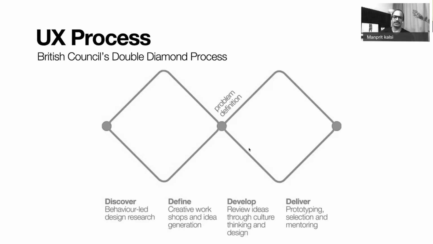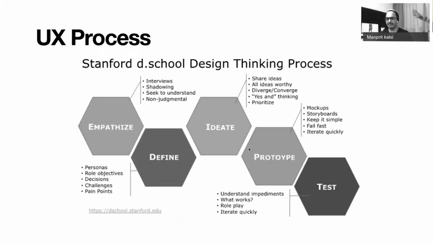So there are other processes also. That's basically the design thinking process. Here the entire process is divided into 5 stages. So first is the empathize, that's basically understanding the user, right? And then once you have understood that, you start defining things. So basically you start defining different artifacts like personas and the pain points, the empathy map, those things you start